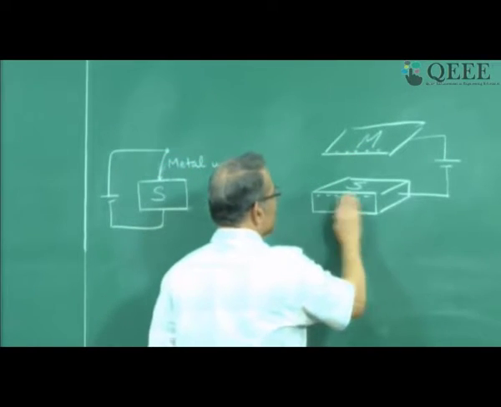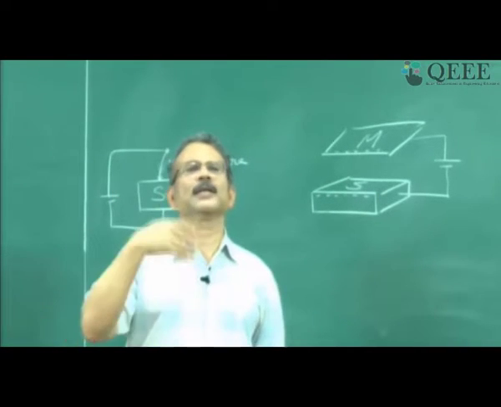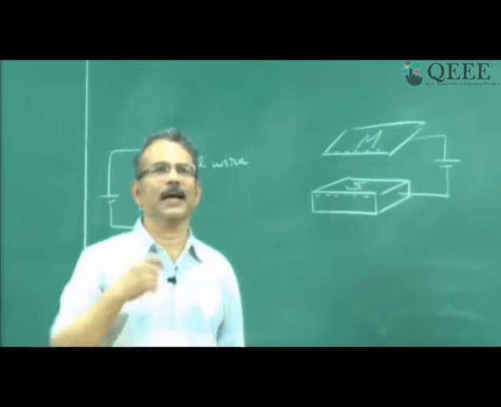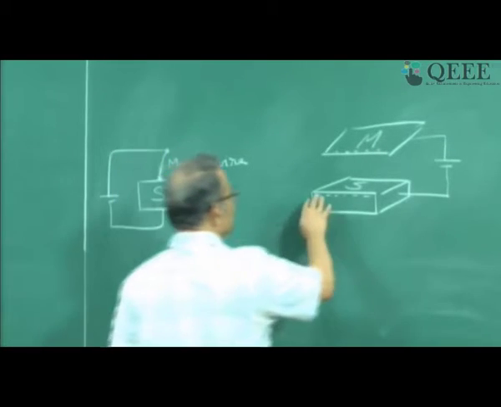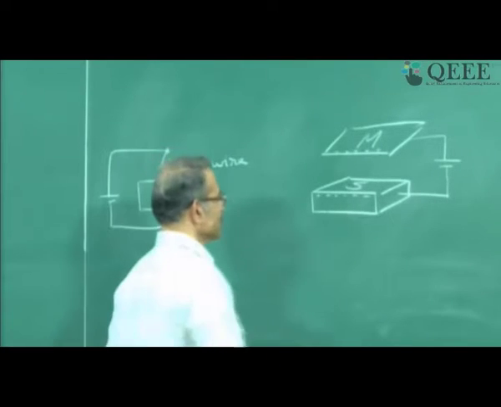Now without these electrons, the semiconductor doesn't have much resistivity. That is why it is called a semiconductor. It is not like a conductor, right? So with these electrons, the resistivity will change a lot. It will become more conducting.